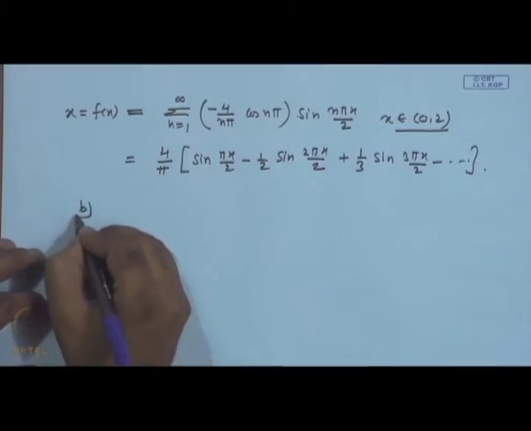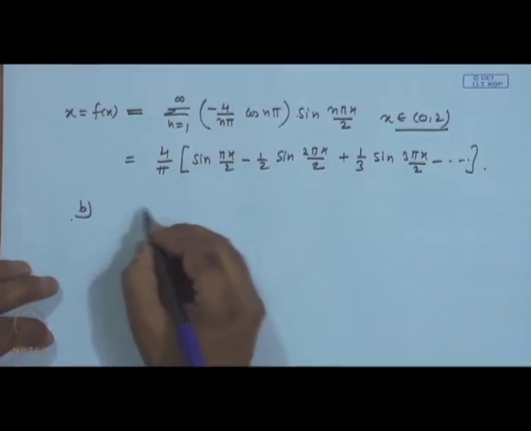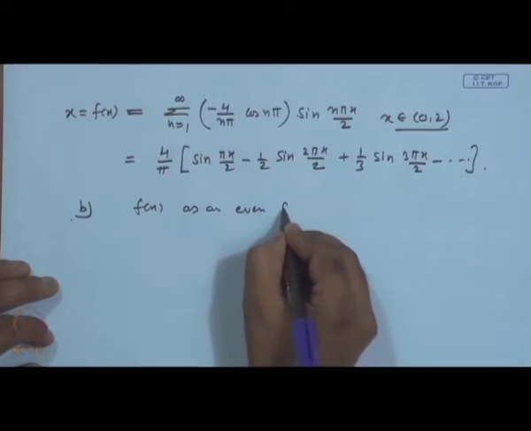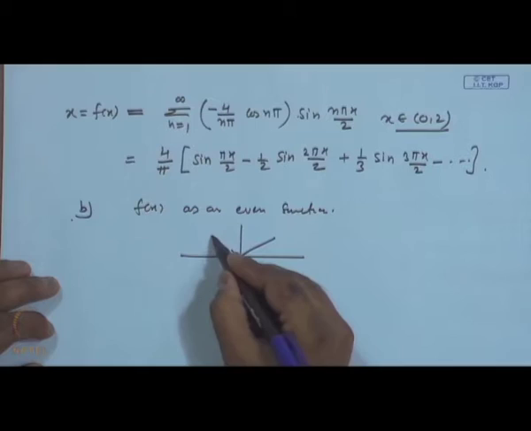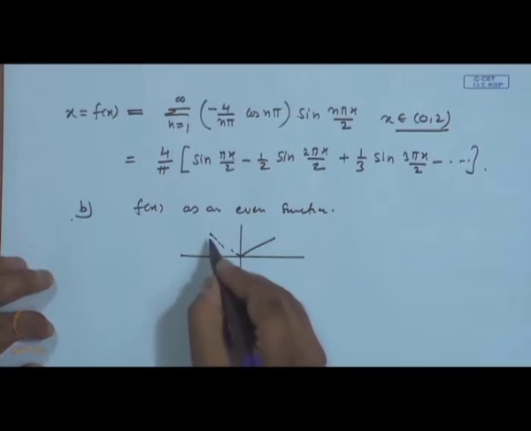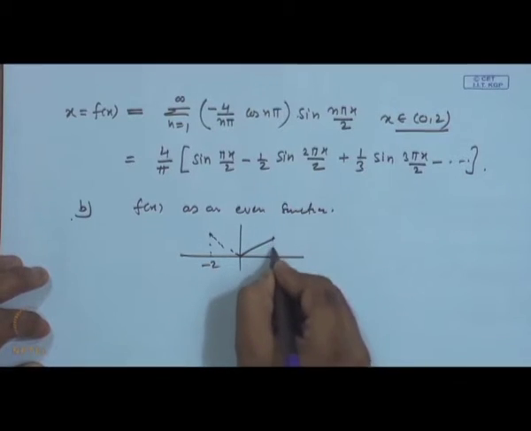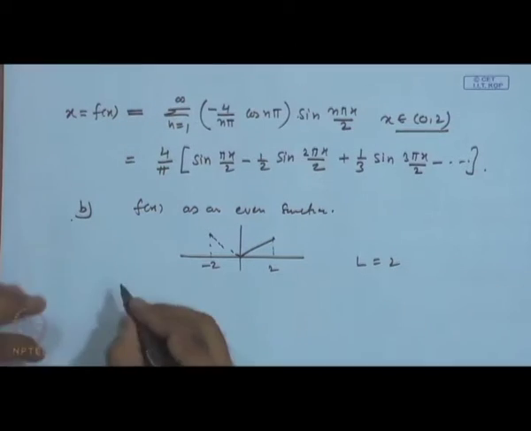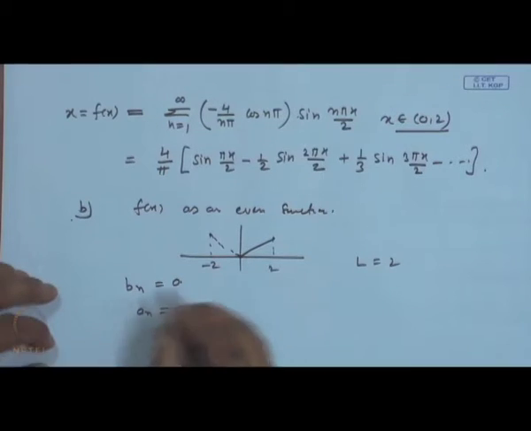So, now we take the second case. We extend now this function f x as an even function. As discussed above, we will extend this as an even function, and then this extension to a periodic function. So, we have minus 2 to 2 as an even function. In this case also our L is 2. So, now b n will be 0, and a n we can get